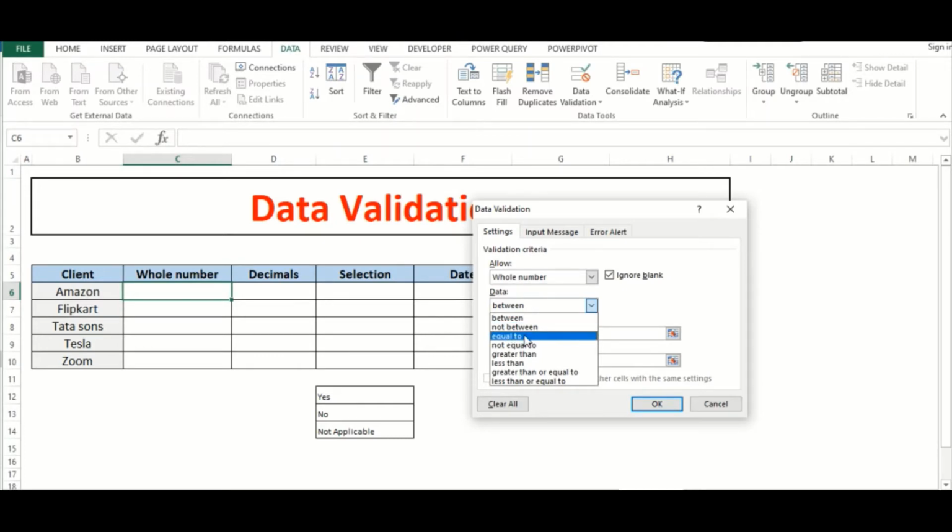Either you want to place it as equal to, not equal to, greater than, or in between few values, so you can do so. So let's say if I'm putting between, and if I'm restricting numbers to enter by the users as, let's say, 100,000 to 200,000, and if I click OK